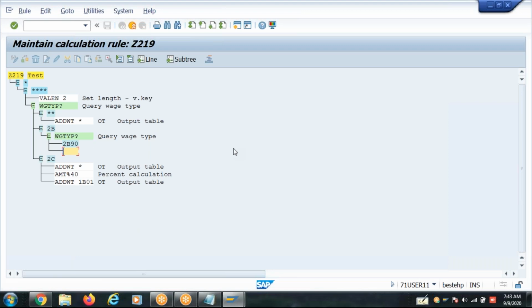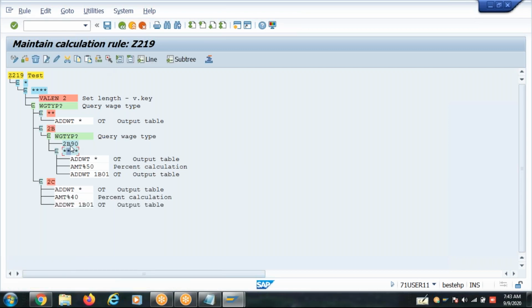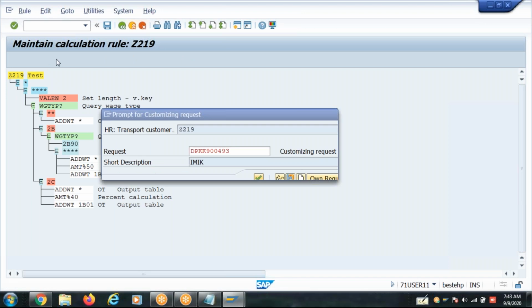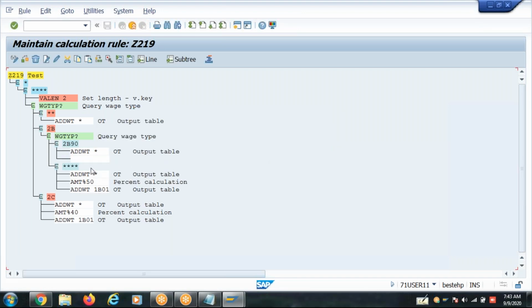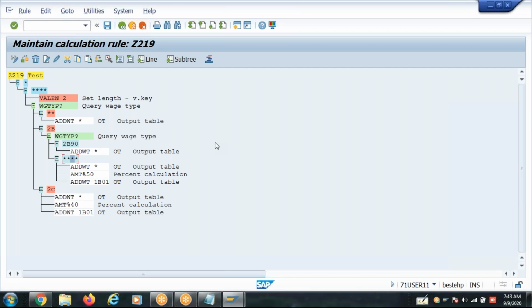To be 90, and otherwise, to be 90, I don't do anything, just move it to the output table. I'm giving the exception here. So every time you create a new waste type with this naming, you need to verify this rule. Is that new waste type affecting this rule or not?